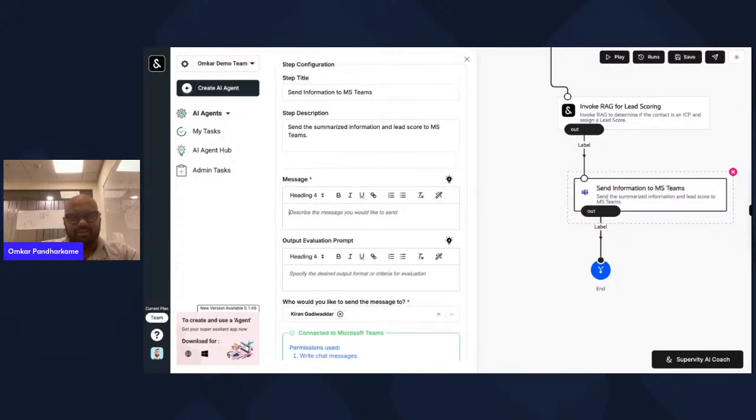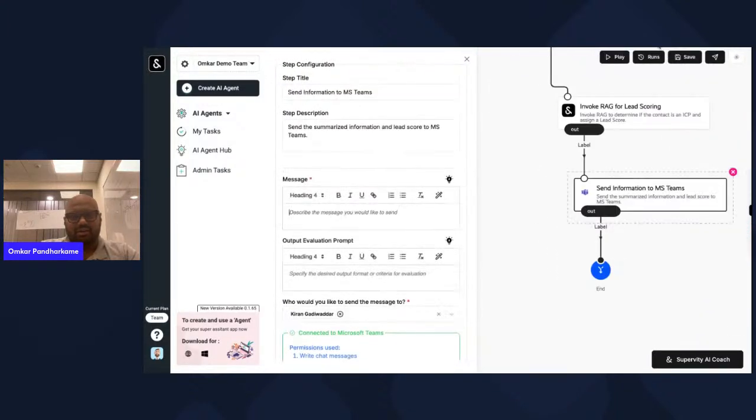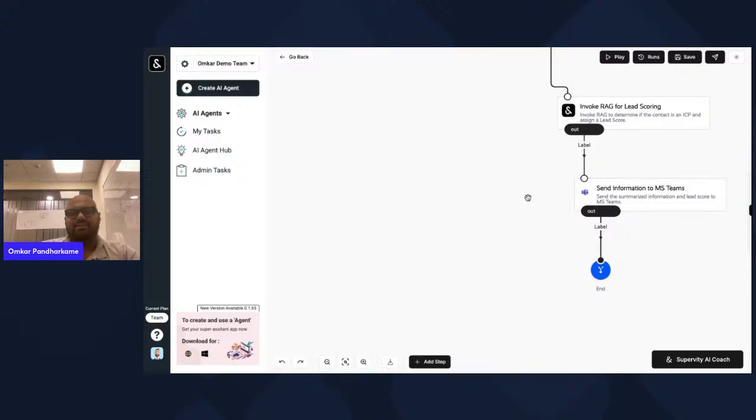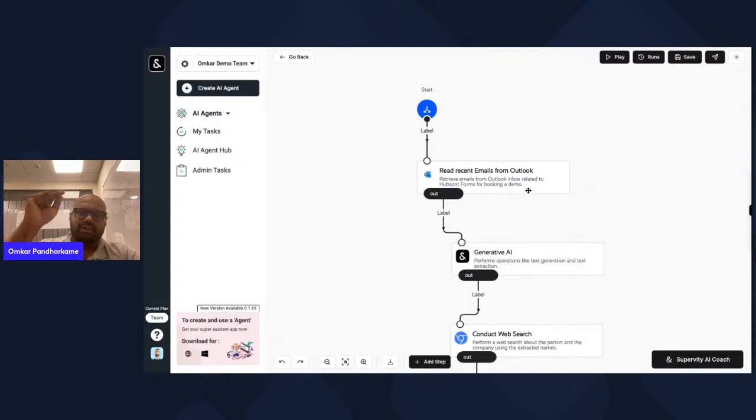And over here, I will very simply. This is a tricky part. I spent a lot of time figuring out why this was happening. This is a very important part. You just say use the response from the RAG step. That's it. This is your lead scoring AI agent, which will read the form from your Outlook.